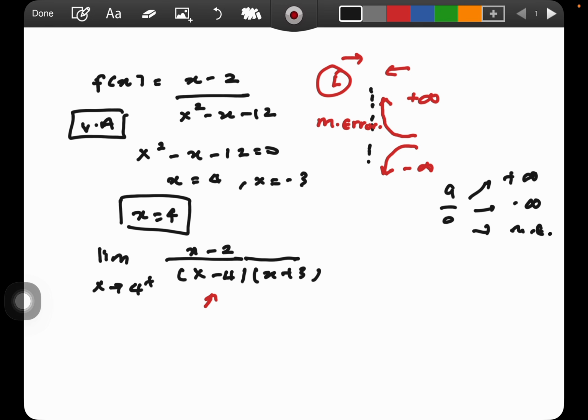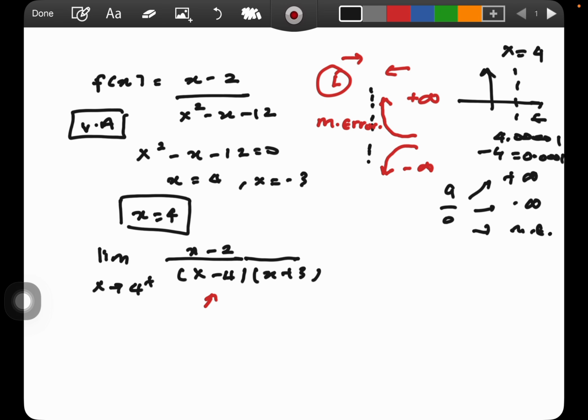So what action do we take? We have to analyze. So how do we analyze? You're approaching 4 from the right. So when approaching 4 from the right, the value that we are talking about is 4.00001. So what you do, this value you take and press in the calculator: 4.0001 minus 4. You're going to be getting something like